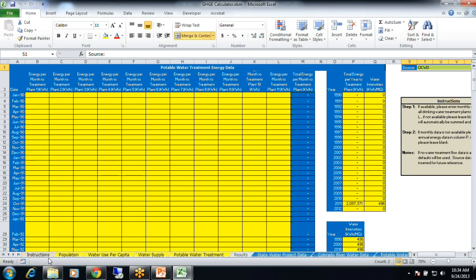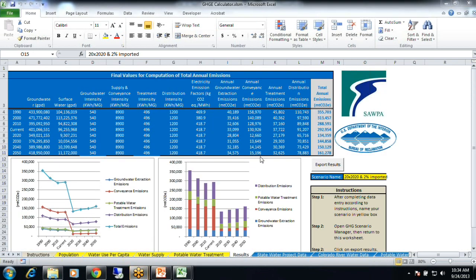And then you can do a reality check by going to the results tab and looking at your energy intensities, which are located here for your groundwater. Once you put in your site-specific data, these will change. The reason they're steady now is because I'm using the default data. But once you put in site-specific data, if one of them is drastically out of range of the others, you either have a typo or an error in your data or something going on. So it's a good reality check. So you have your energy intensities through here.